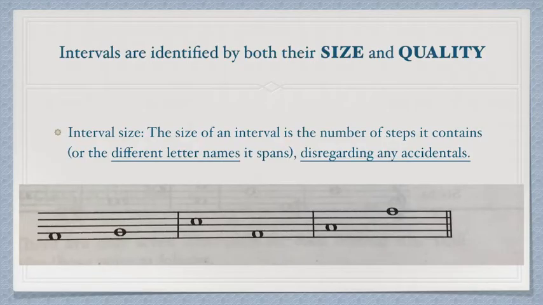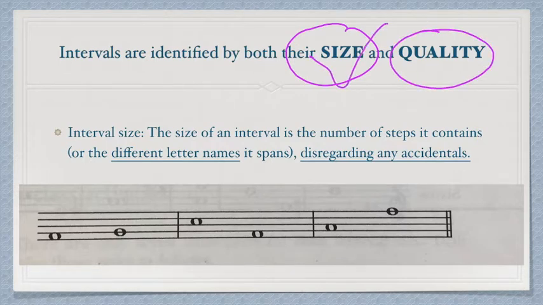So after knowing what is interval, the next question is going to be, how do I identify intervals? Here, I'm going to tell you that we identify intervals by two features. One is their size and another one is their quality. We're just going to talk about the interval size in this lesson, and the quality we're going to talk about in the following lessons. So the interval size, the size of an interval is the number of steps it contains,